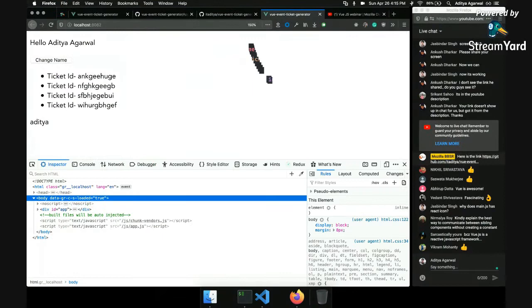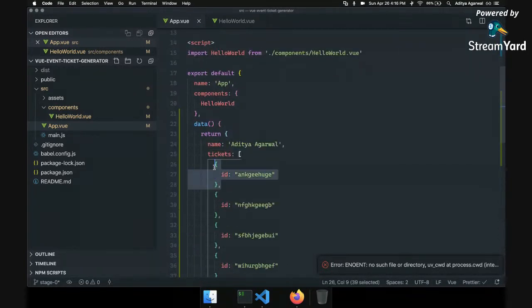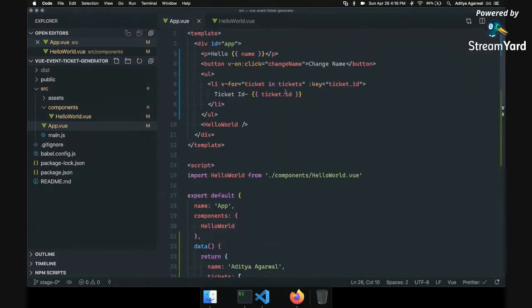Yeah, so here's what I did. I had a v-for, I say that in tickets, for each ticket, get a ticket and render this li. I have the ticket object, and I can render the id there. Another thing is that I did a colon key here. This is a shorthand for writing v-bind:key. Basically what I'm saying is that you have to specify a unique ID for the v-for. So if the v-for is on an li, you have to say the ID of it, like you can write v-bind:key equals ticket.id.